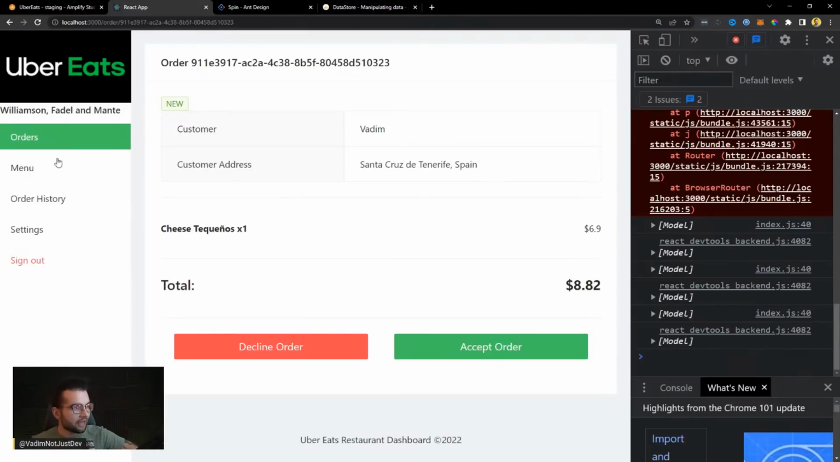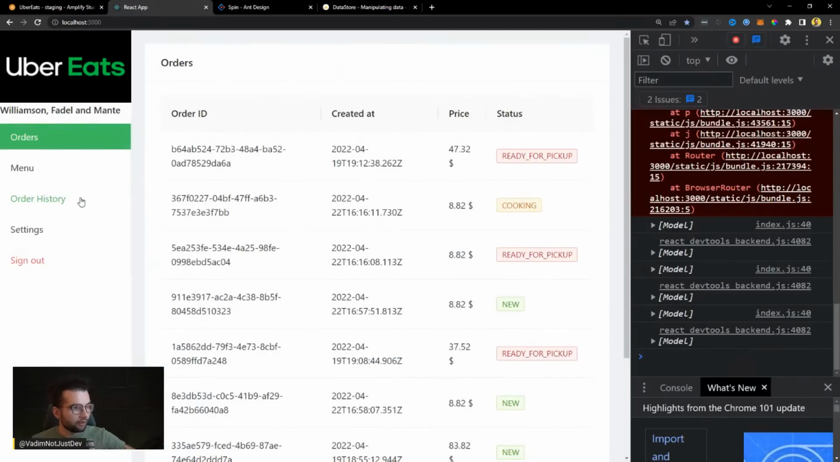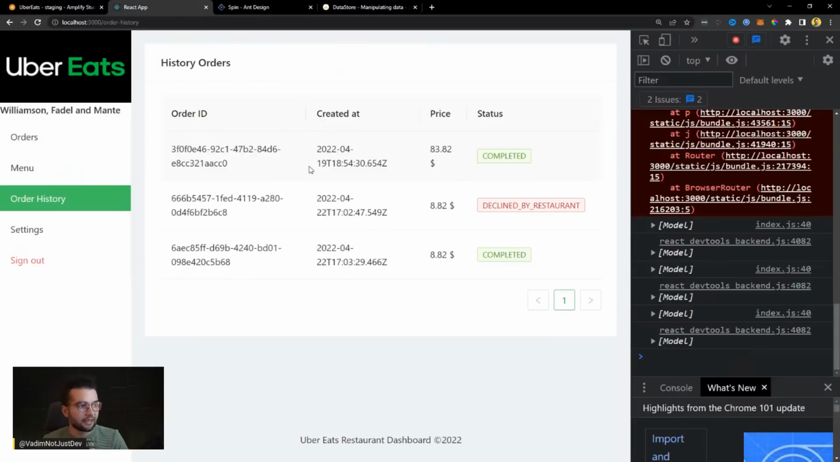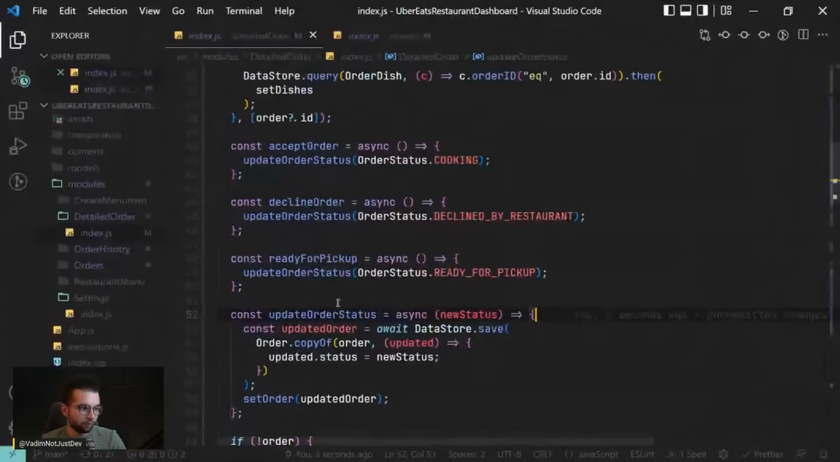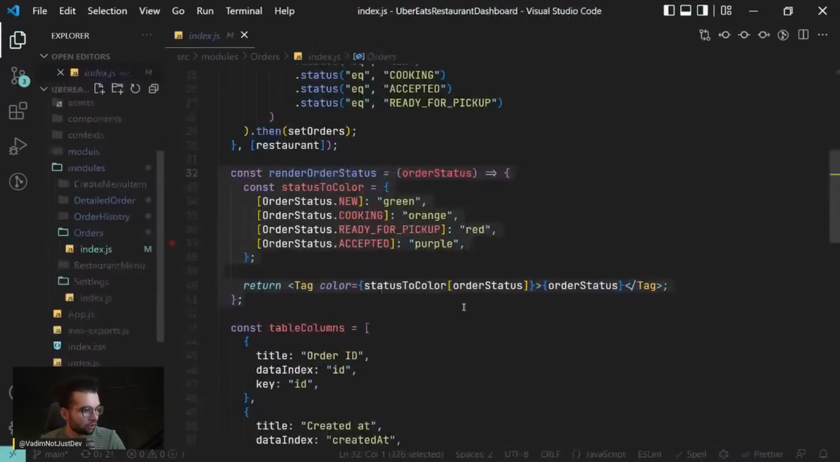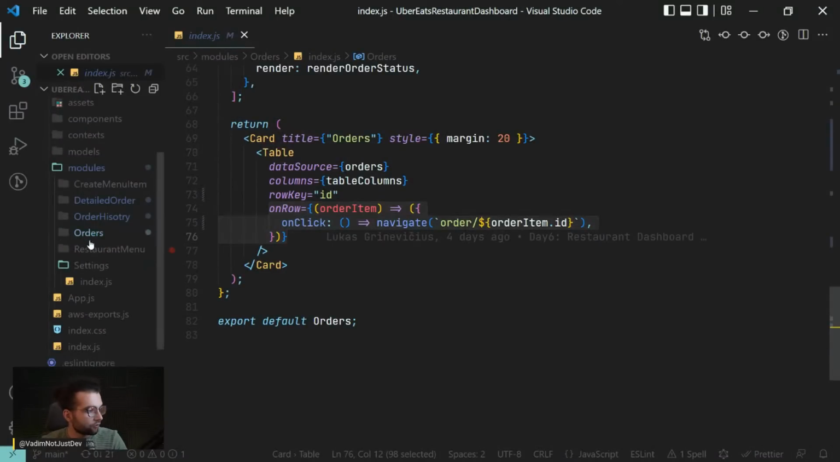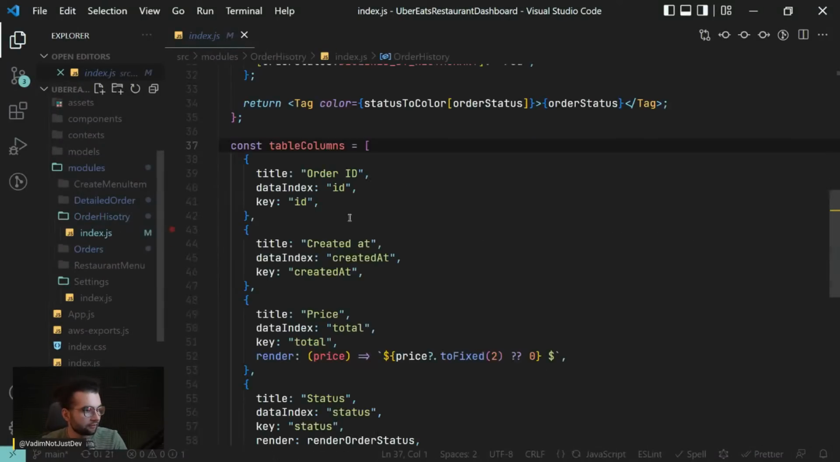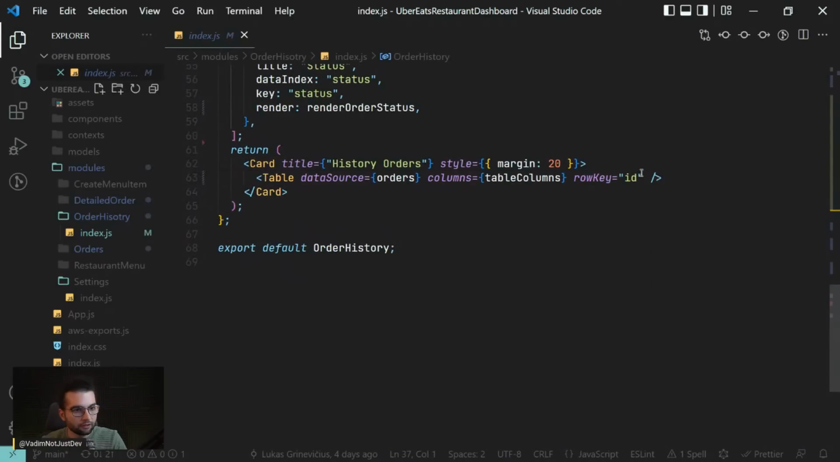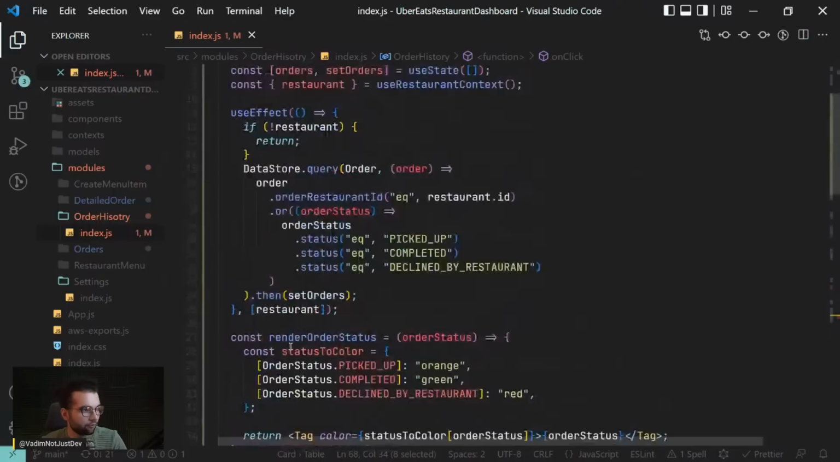I think that's everything when it comes to the orders. One more thing that I want to do is to add the same click handler to the order history to be able to be redirected there. For example, in the orders, on the table, I have this on row click, but I need to do the same in the order history. In the table on row click, and this navigate we will take from the